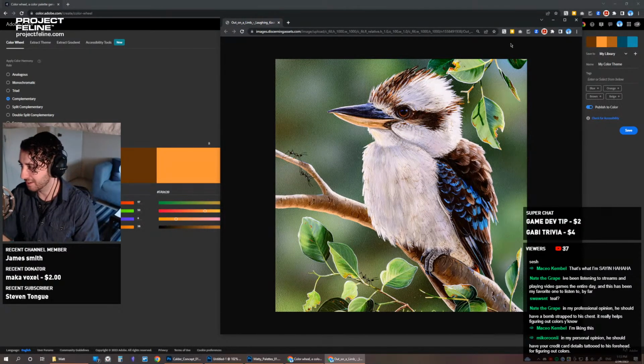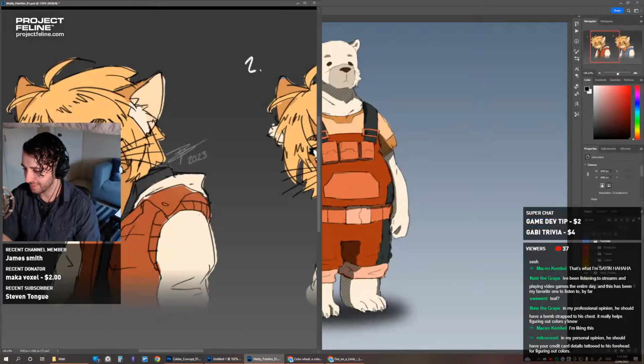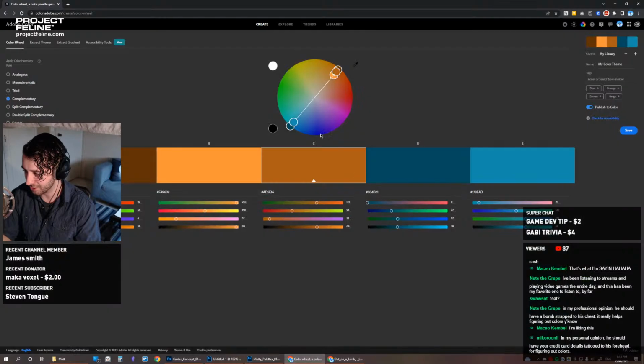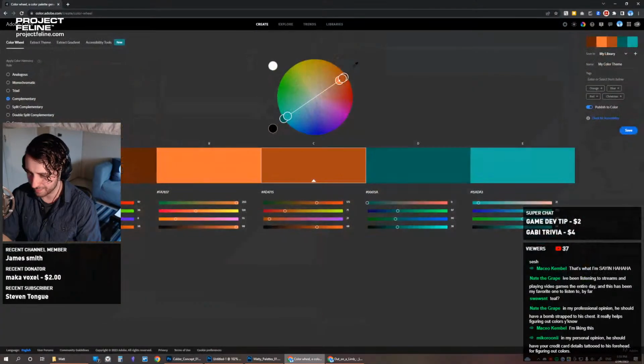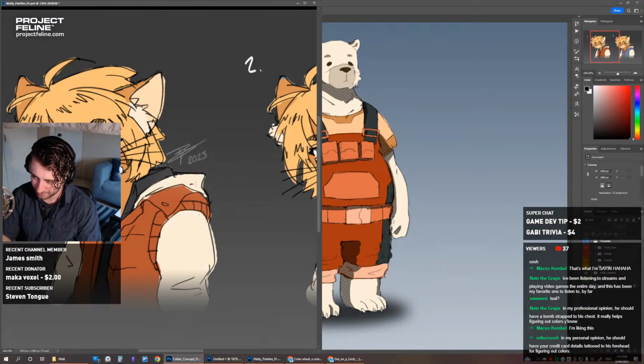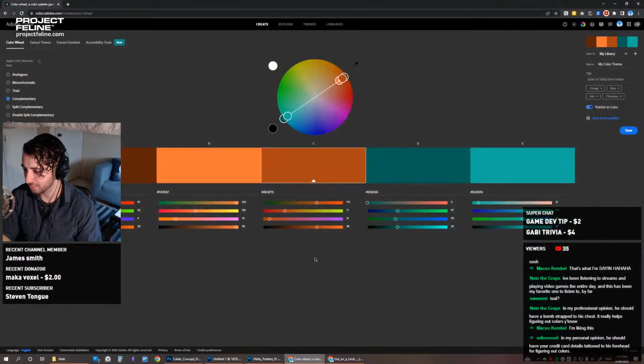So all I've done for Matty, I don't remember doing this because this was a while ago, but I think what I did was I took the colors and then I just sort of hue shifted it a little to make it a bit more red, which means that the blue becomes more turquoise. So that's why I think with his eyes, maybe those might be the wrong shade actually. Maybe I need to make his eyes more turquoise. But yeah, and then I don't know where that gold would go.